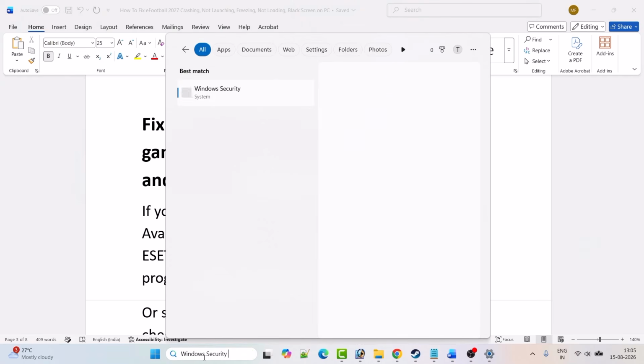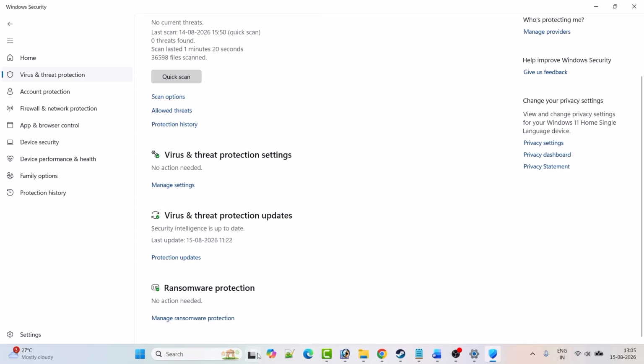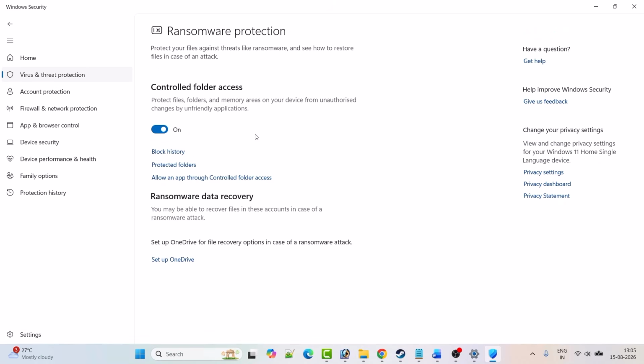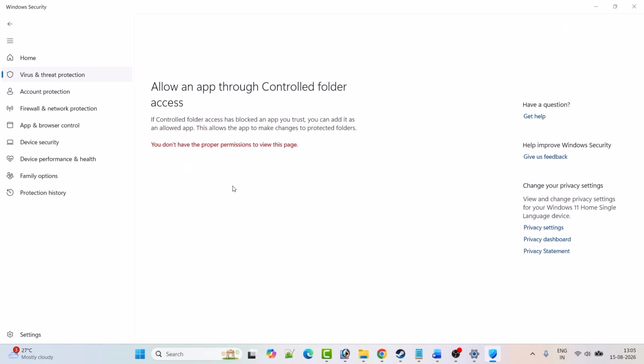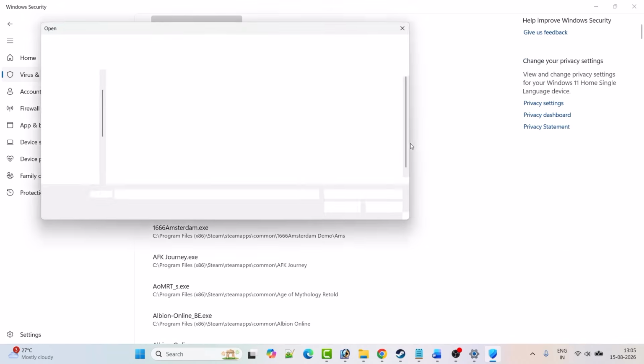So in Windows search type Windows security and open the Windows security. Click on virus and threat protection. Scroll down, click on manage ransomware protection. Click on allow an app through controlled folder access. Click yes to allow, and then click on add an allowed app, browse all apps, and then browse to the